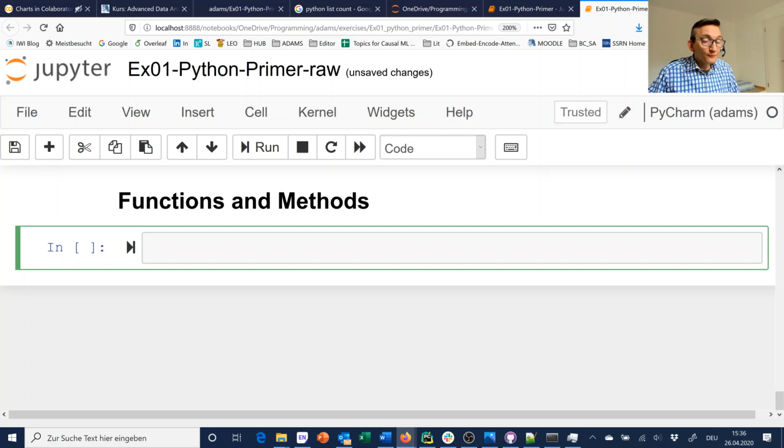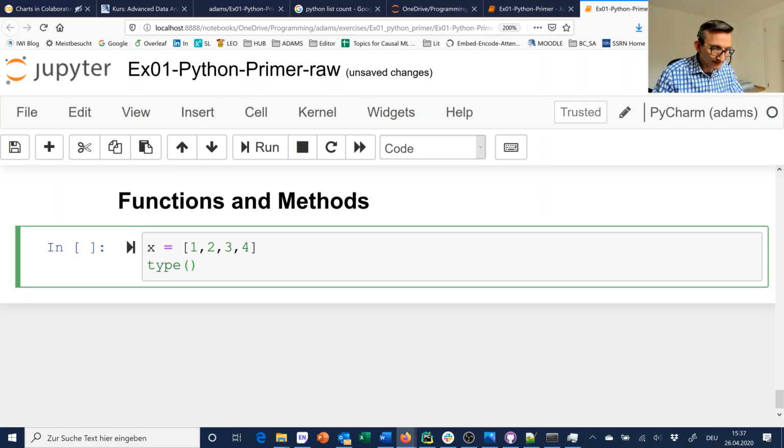Previously, we had our list X, and we have discussed how X can be copied and how we need to do that explicitly. And we have also seen how X actually is of a data type list. Remember X, here's X again. We made that a list. We have then queried the type of X to learn that it is an object